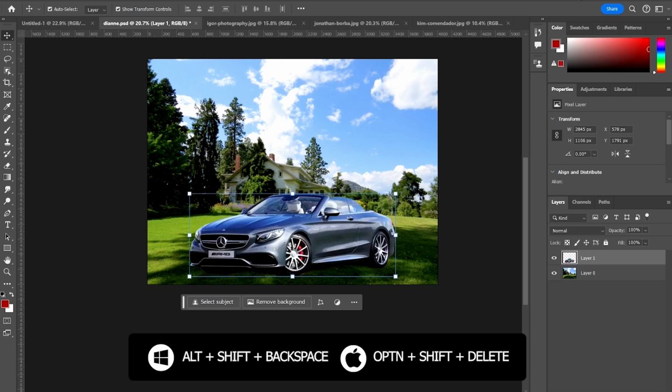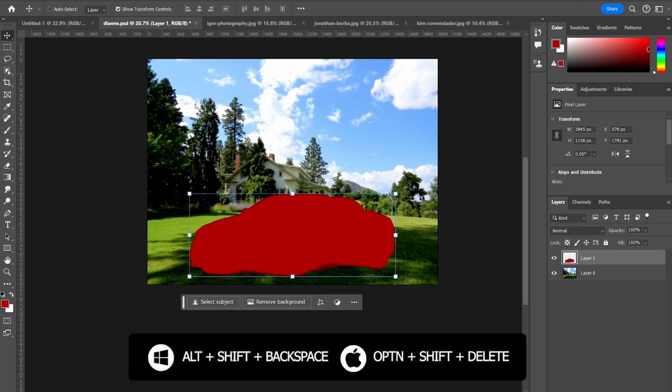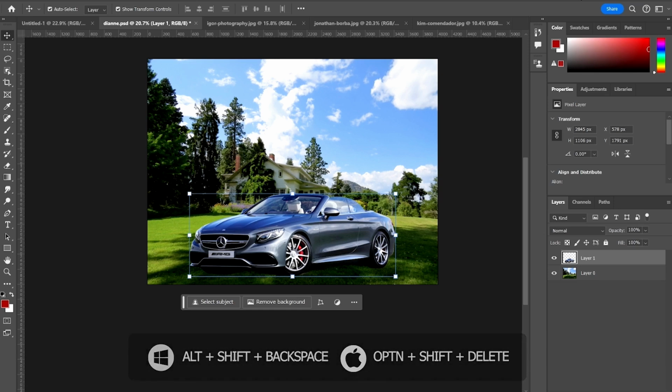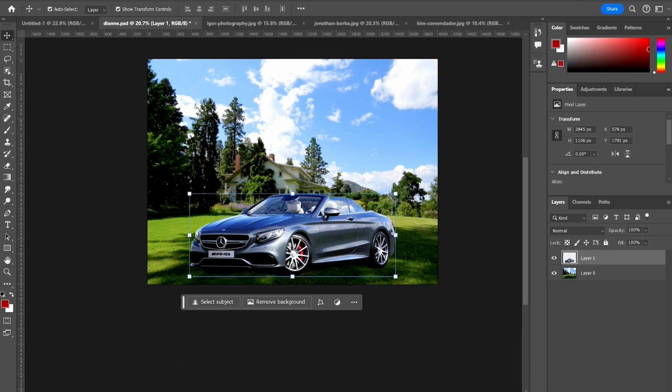Once again, Alt Shift Backspace on your PC and Option Shift Delete on your Mac. That's for filling only the opaque pixels with your foreground color. And for filling the opaque pixels only with your background color, all you need to do is hold